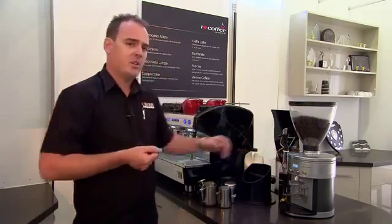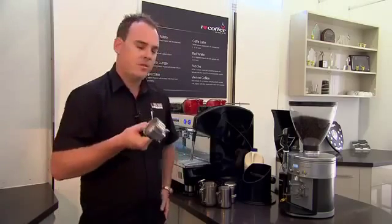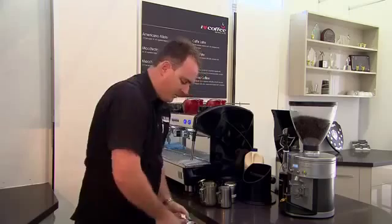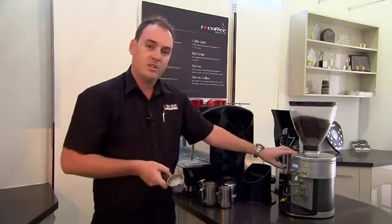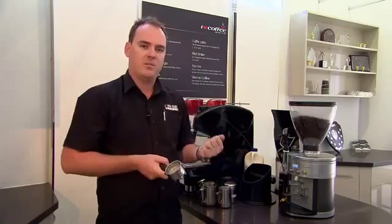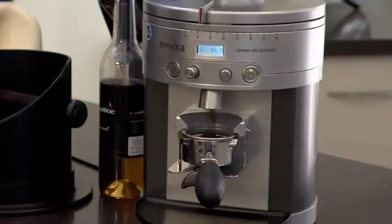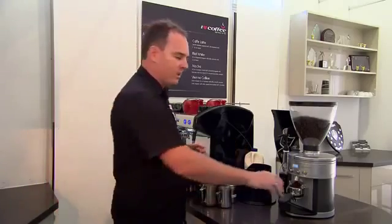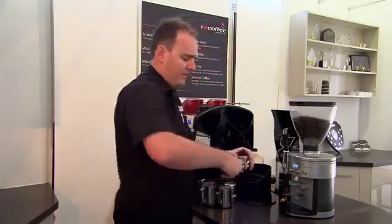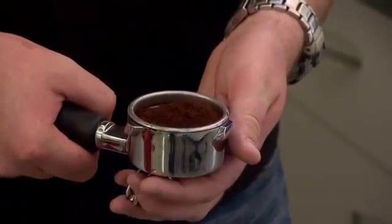So to show you how this particular operation works, as you can see, we've got a standard double group handle from the Renica Life machine. Just make sure it's nice and clean. We can make our doser setting here where it's set to the correct grind, the correct fineness to give you the best possible extraction of espresso. All I'll do here is place the group handle on the grinder and it'll grind the exact amount that's recommended for this particular blended coffee bean. So as you can see there, you'll get a consistent amount of coffee in your portafilter each time that you